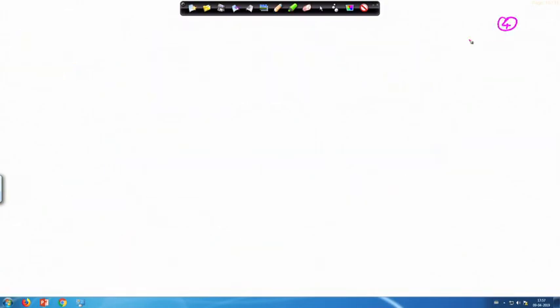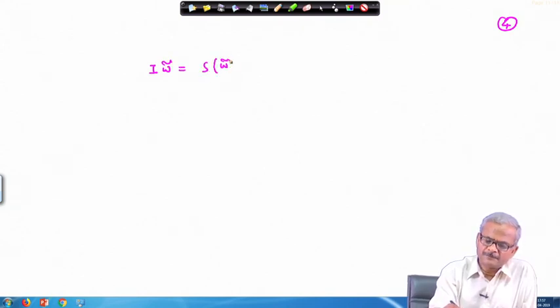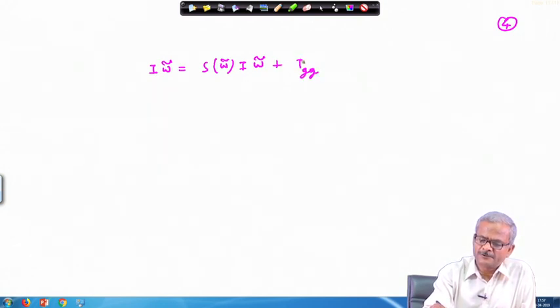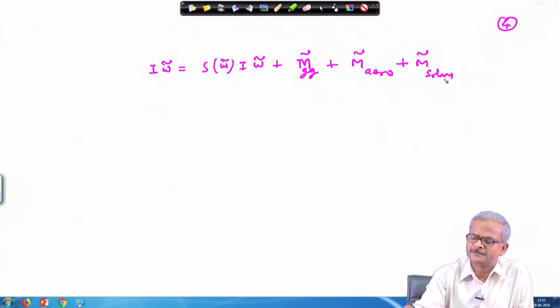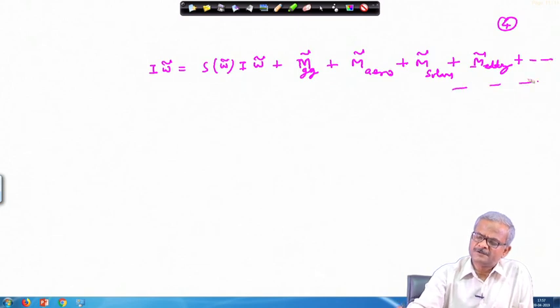At least you have to do the simulation. Now, as far as the satellite attitude control is concerned, the rest of the things are as usual, that you have to write the equation in this format. If you have the gravity gradient torque, write here M gravity gradient torque. If you have the aerodynamic torque, you will write here M aerodynamic torque. If you have the solar radiation torque, you will write here the solar radiation torque, and any other, like the M due to the AD1. There are so many things that we can add.